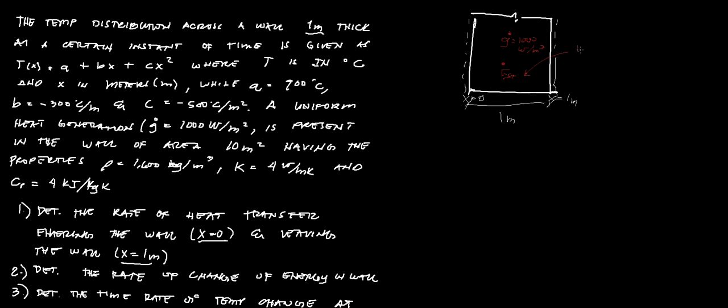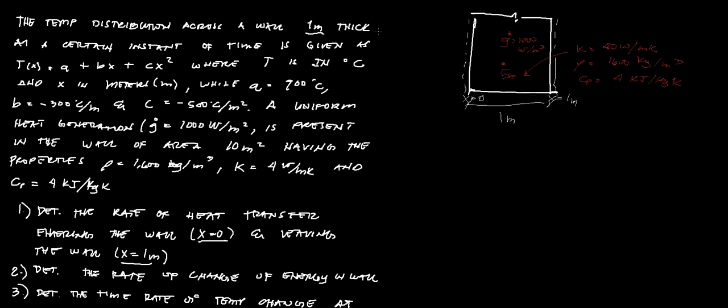Say our K is equal to 40 watts per meter K. The rho, or the density, is equal to 1600 kilograms per cubic meter. The Cp is equal to 4 kilojoules per kilogram K,